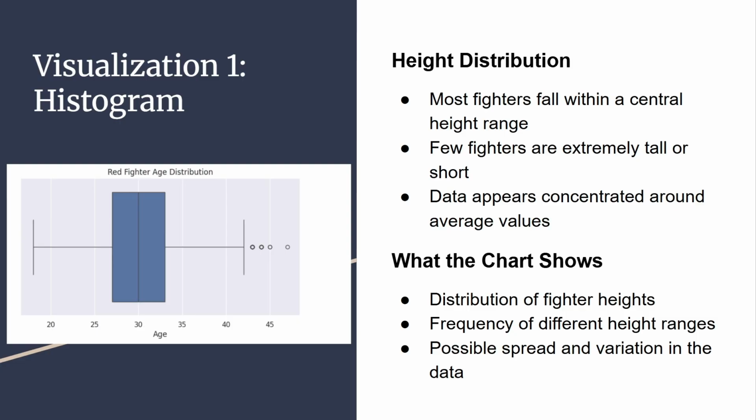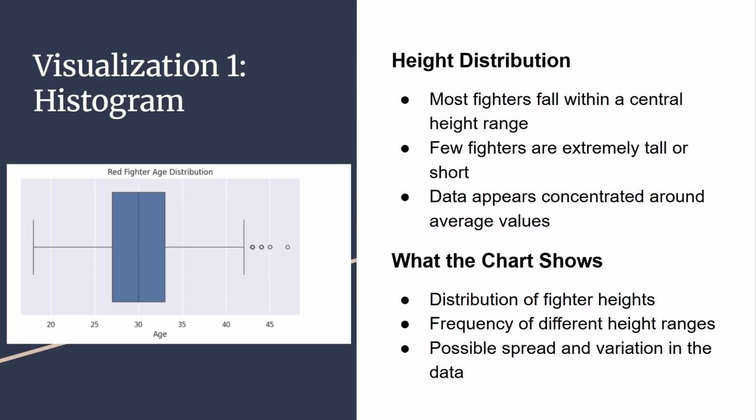So my first visualization we could see here is the histogram. It shows the distribution of the fighter heights. A histogram is useful because it allows us to see how numerical values are distributed across the data set. From this chart, we could see that most fighters fall within a central height range. Only a small number of fighters are significantly shorter or taller than the majority,